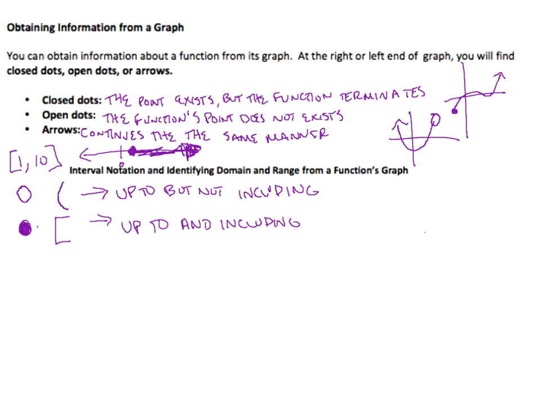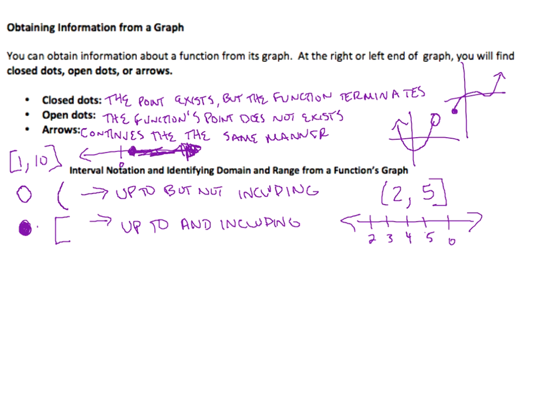So if I have the notation parenthesis 2, 5, bracket, on the number line, that would look like this. There's 2, 3, 4, 5, 6. This means I'm talking about all of the numbers